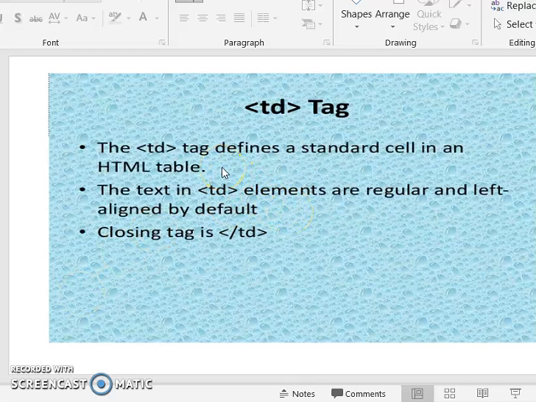It defines a standard cell in a table, used for displaying content or information. td elements are regular and left aligned by default. Closing tag is /td. And as you know, there is one heading and several pieces of information, so one th tag is followed by several td.